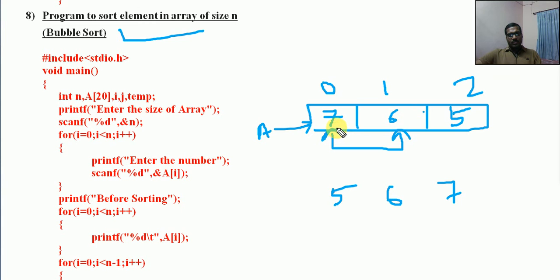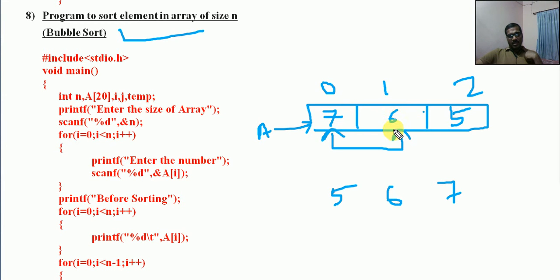Now they are having a comparison, right? We are trying for ascending order. If the first element is greater than the second element, these two will be swapped. 6 will be moving this side and 7 will be moving this side.